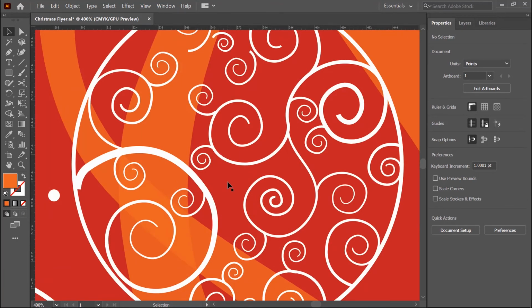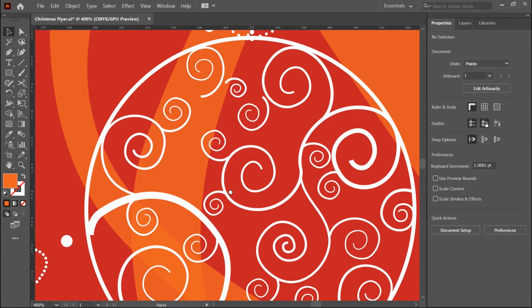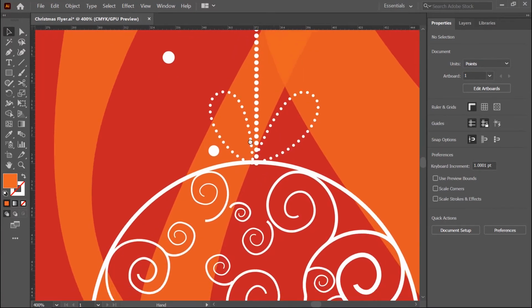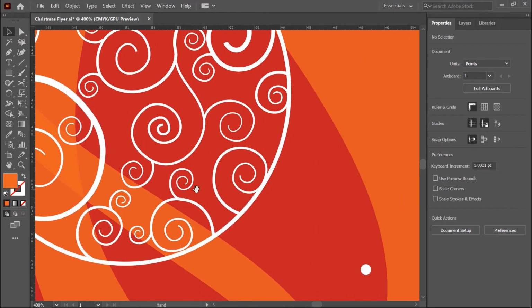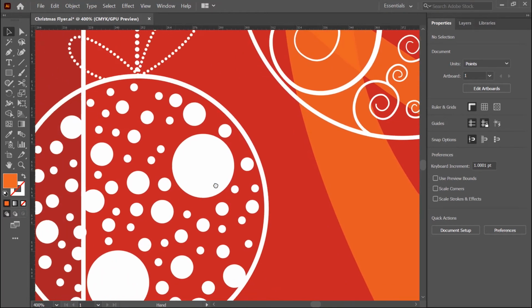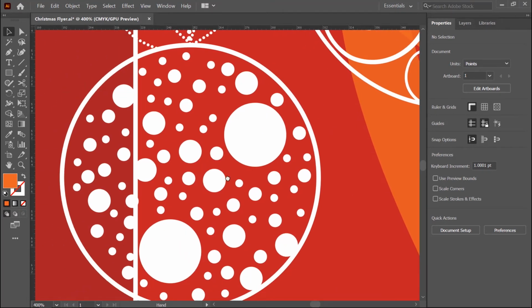Now if you want to pan this artboard, click on the Hand tool and the shortcut of this tool is H, or if you want to use this temporarily, press the space bar. The tool will be activated temporarily like this, then pan like this. When you release the spacebar, the tool switches back to the current tool like this, and then press Ctrl-0 to fit on screen like this.